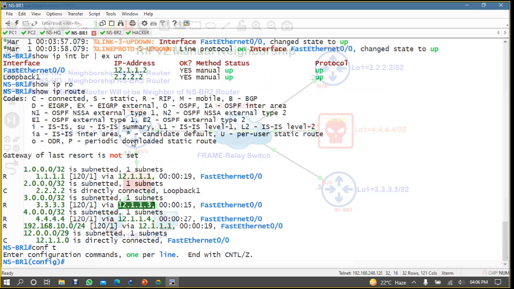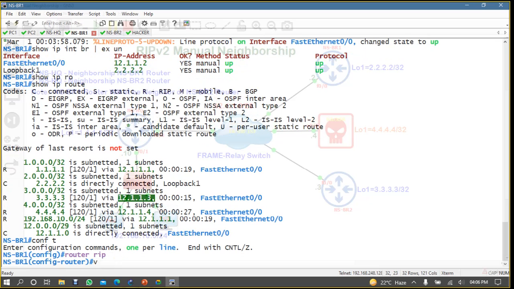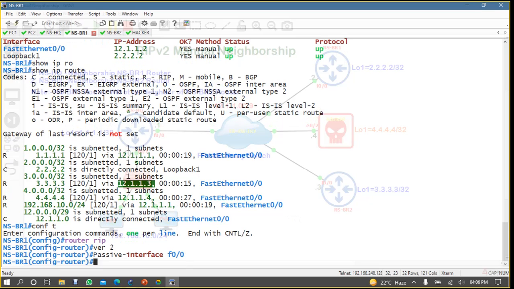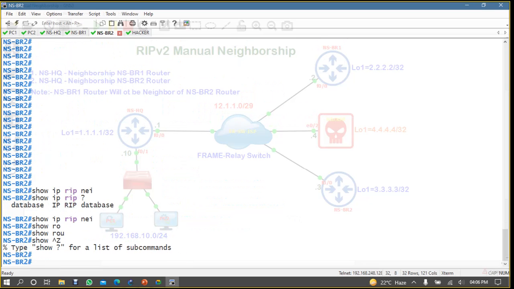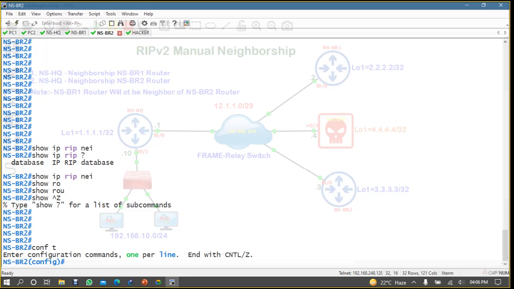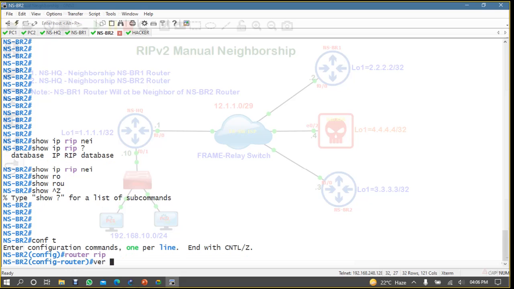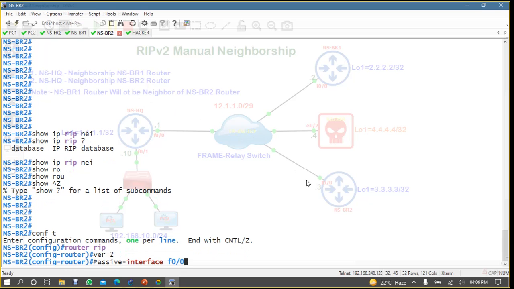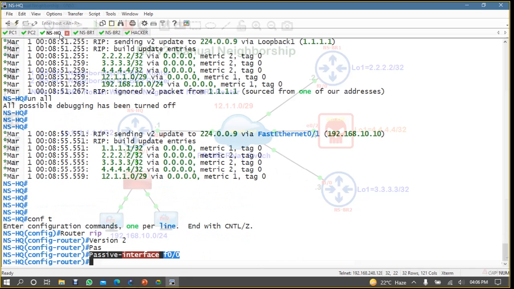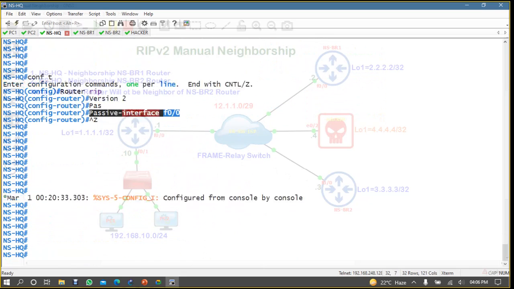We'll come here conf t, and then router RIP, version 2, and we'll enable the passive interface on that interface which is connecting to ISP. So they will not be multicasting, they will be only unicasting. So here you can say router RIP version 2 configuration is completed. And now if you're coming to the headquarter router and running here debug